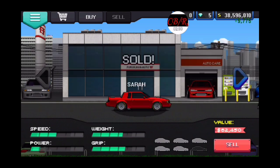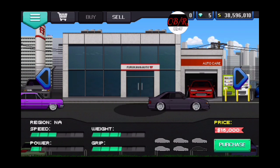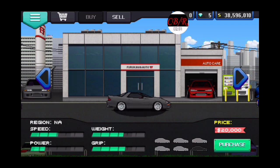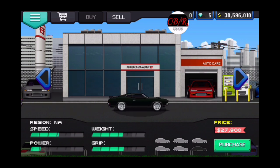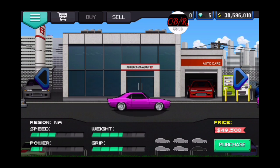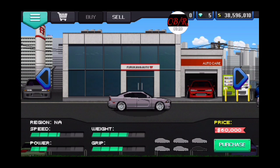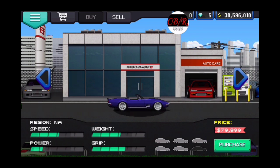Oop, did not want to sell that. So go with there. Okay, go to buy. And actually, I thought about it. I could technically compare different cars in here from Pixel Car Racer and drag racing, especially cars like the Catfish Camaro or my Camaro to the 4th gen Trans Am in the game, since they're essentially the same car. I could also compare this Mustang to the Mustang in the other game, this GTO to the GTO in the other game. I could compare the 69 Camaro in here to the 69 Camaro there, even though they're 2 different cars. 2 different Chargers in that game, 2 Mustangs. But again, okay, what we're here for